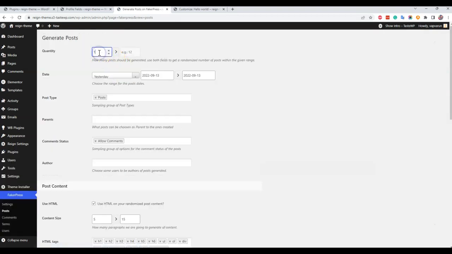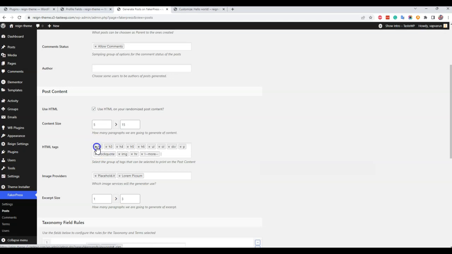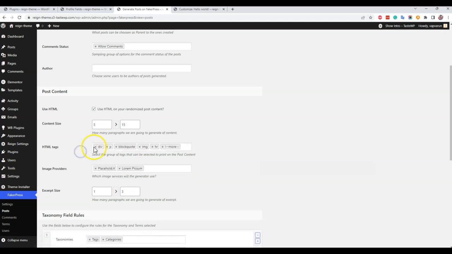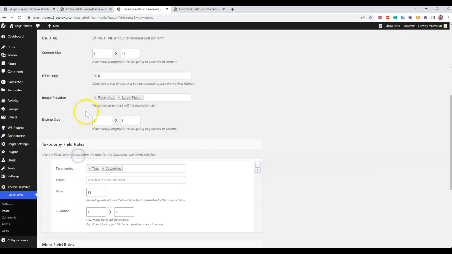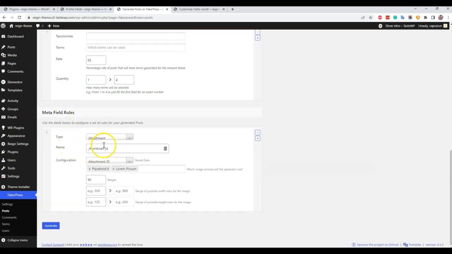I'm planning to include 10 blogs, with the date this week, the post type blog post, allow comments. Just going to keep it a little bit simple using the p tag only. And for the image, I'm going to use Lorem Picsum, so it will have some colorful options. For the attachment,